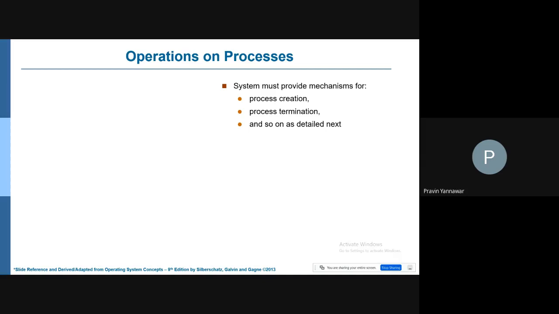If you look at the processes, there are certain operations on the processes. The operations include three on the processes. One is called process creation,